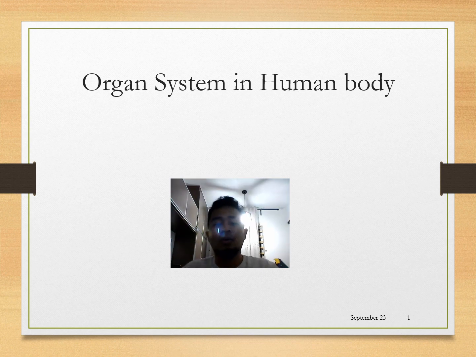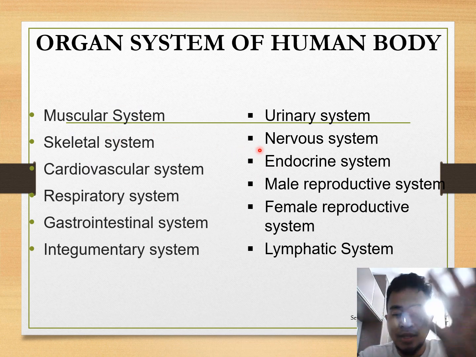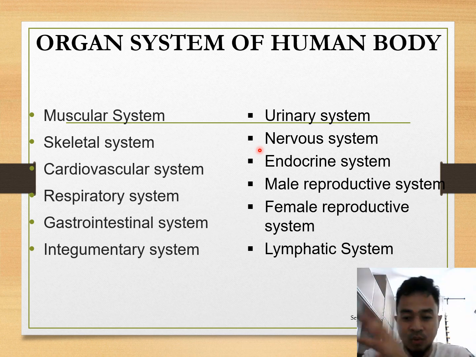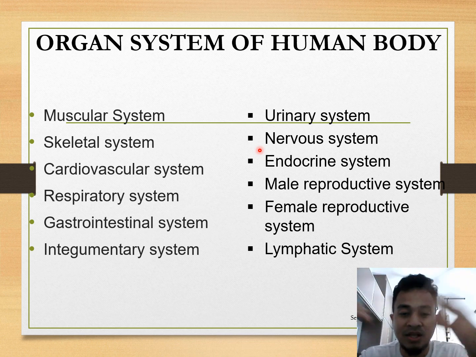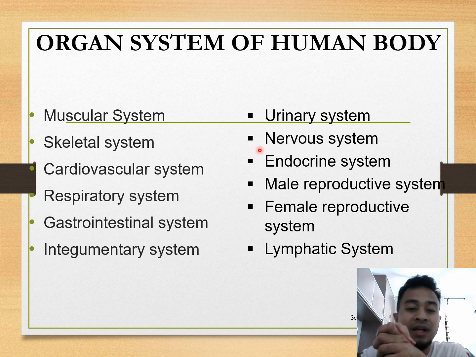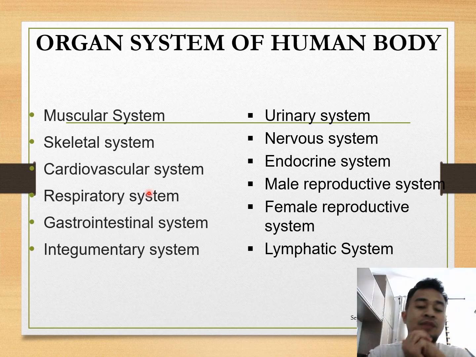We have several organ systems, but we will not go through all of them. I just name them here. We have the muscular system, the one that allows us to move. Skeletal system, the one that provides structural support and protection to our other organs. Third, cardiovascular system, by the name of it, more to the heart, pumping blood for the oxygen